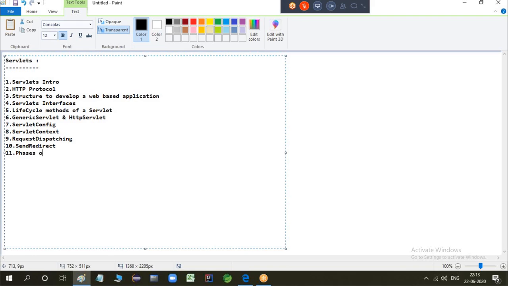Phases of a servlet. Thread pool, and whatnot. Pre-initialization. Okay, like this, we have